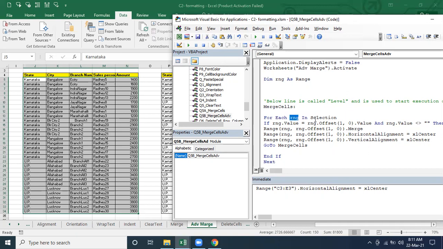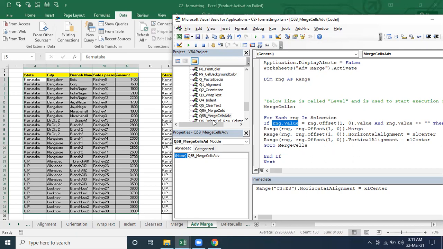So what is it going to do the very first time? It is going to assign the value of that cell, J5, to this range. Now observe carefully what it means: J5 dot value.